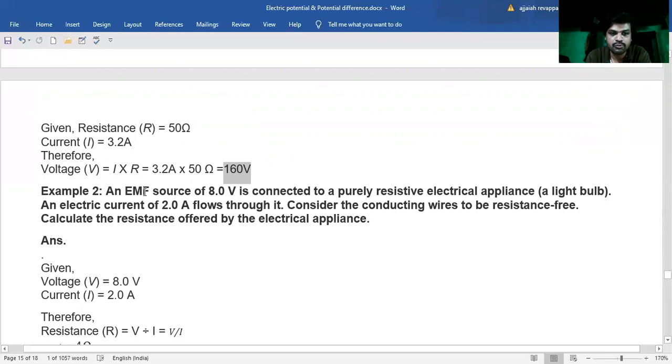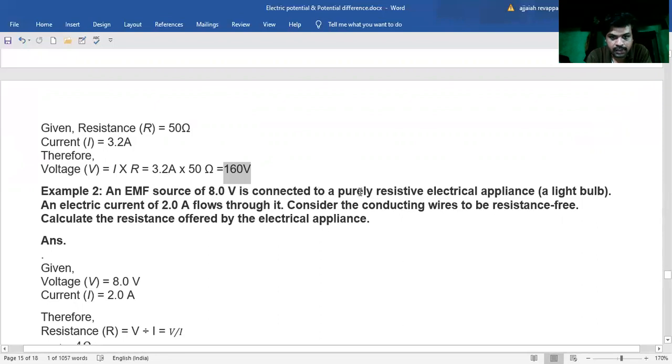So electromotive force is produced in the cell or battery. Okay. EMF also we measure in volts only. An EMF source of 8 volts is connected. Electromotive force, actually it's not a force that we measure in newtons. Okay. So an EMF source of 8.0 volt